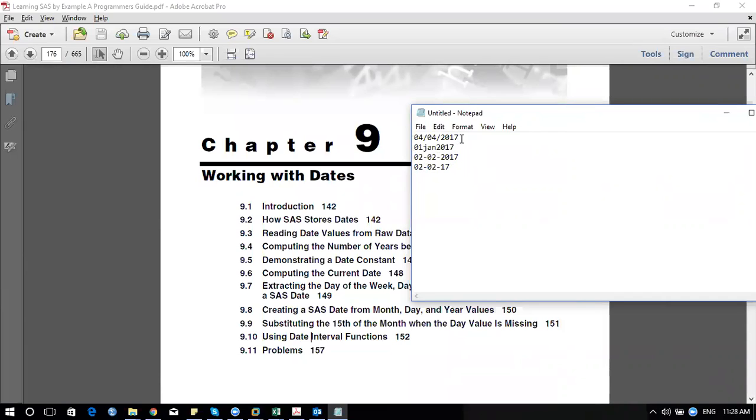What we need to do is convert these values into a digit format so that we are able to perform the task. Let's say someone says, I just wanted to know, from this particular date and today's date, how many days differences are there, how many year differences, how many month differences, how many quarter differences. So many questions will come.